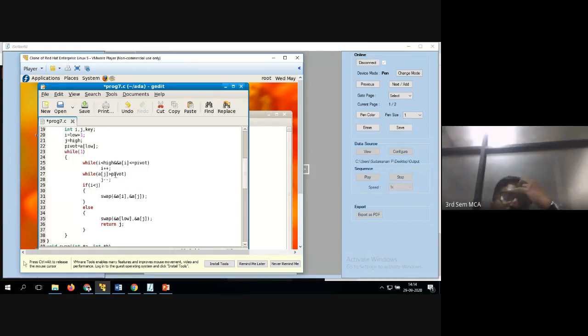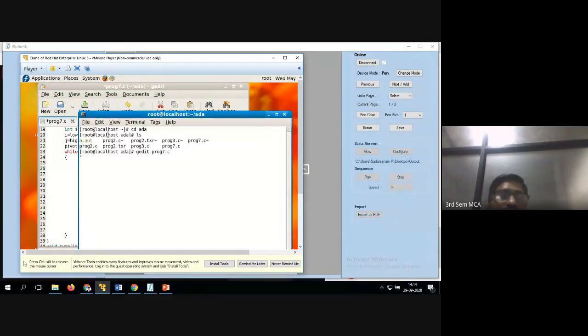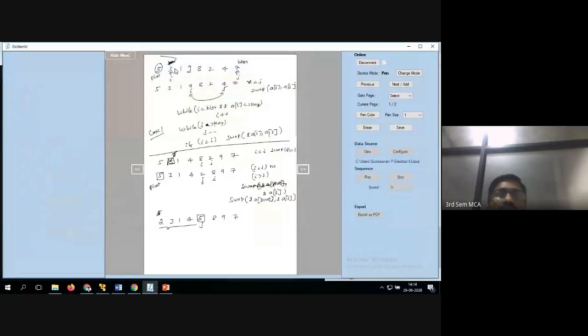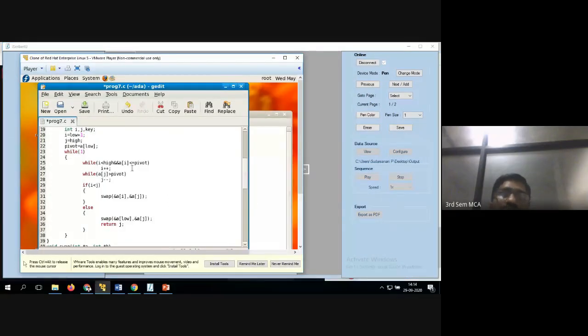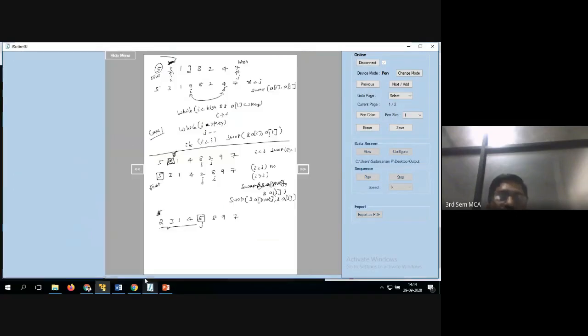So pivot element. Now I is less than high, so I value goes up to high. I can move the I value up to high. So here the I value is nothing but low plus 1. So I is equal to low plus 1, that is nothing but this one. Now the I value I can move up to here. That's it. So that is what this condition is. And A of I is less than or equal to the pivot element is nothing but till you get that condition,